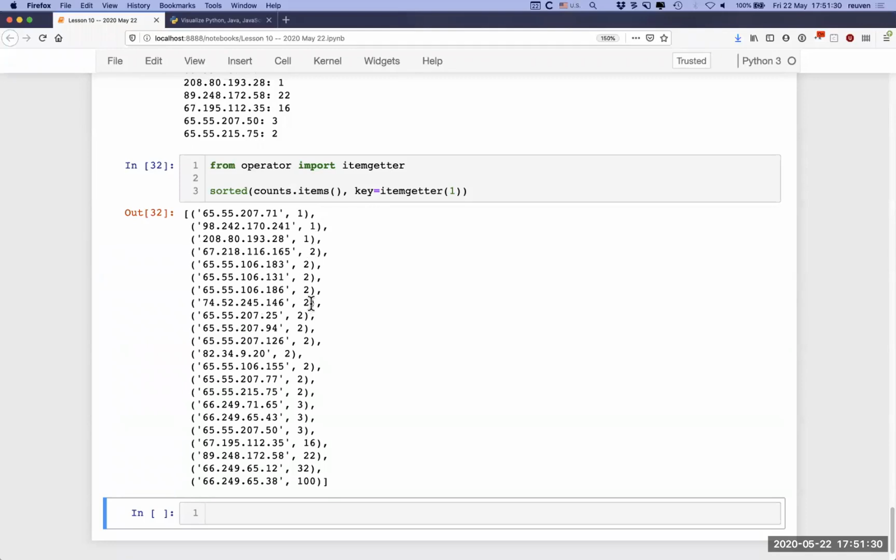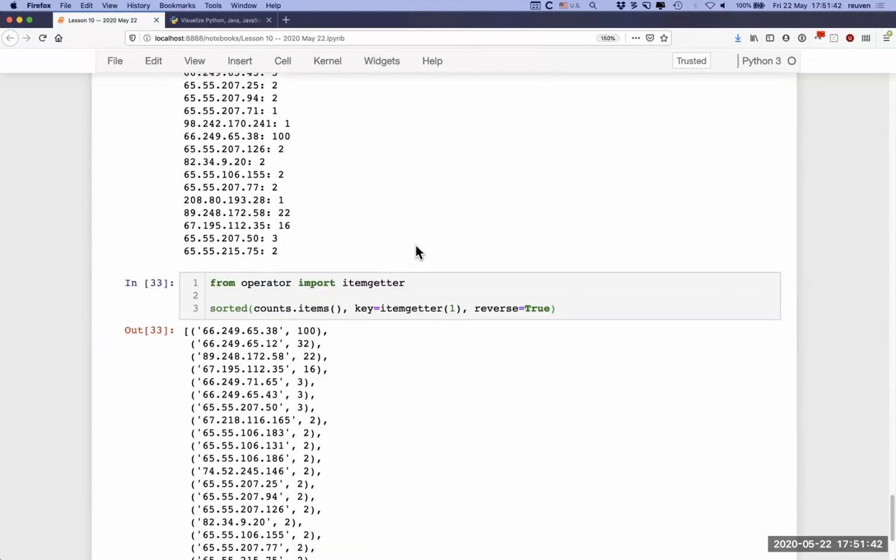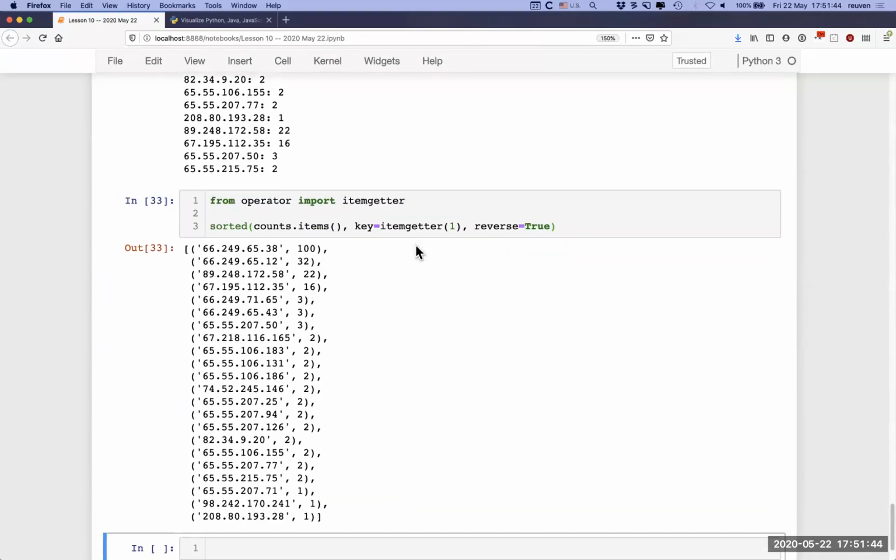1, 1, 1, 2, 2, 2, 2, 2, 2, 2, 2, 2, 16, 22. Okay, that's great. But I didn't want it lowest to highest. I want highest to lowest. Oh, easy enough. I'll just say here, reverse equals True. Now I have a list of tuples sorted by value, not by key, in descending